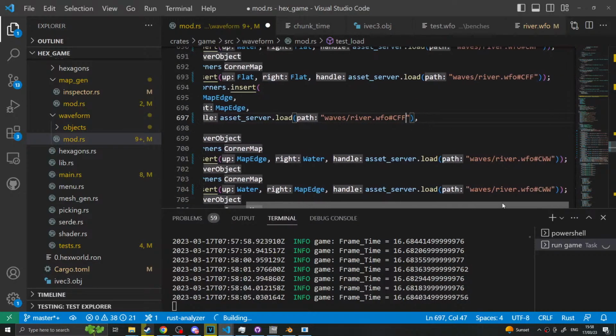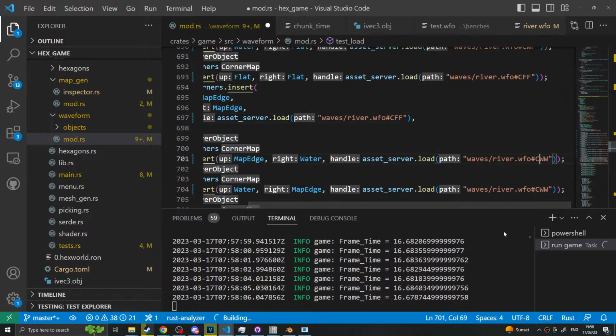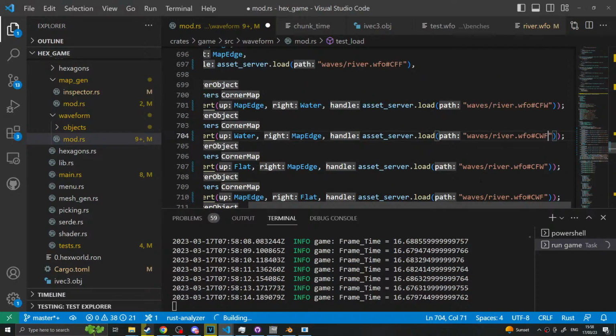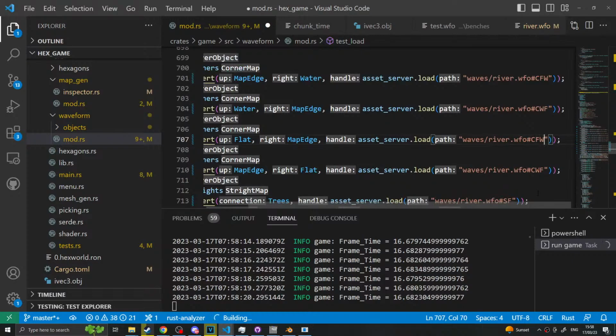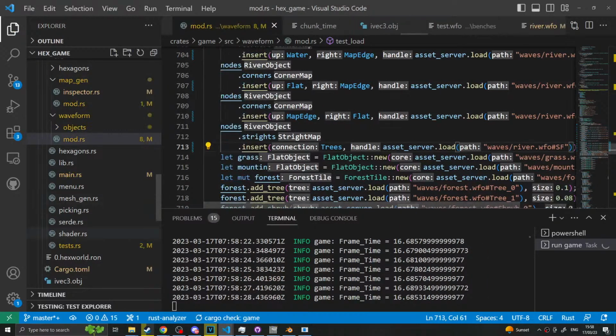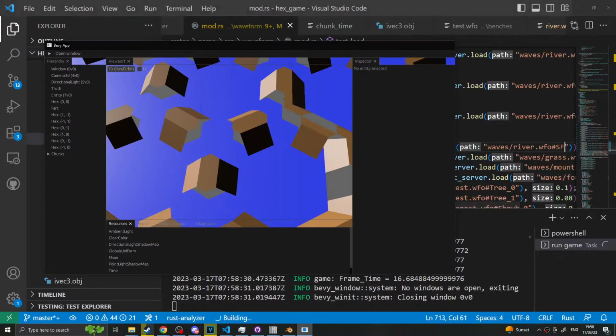Our map edge water would be FW. Our water map edge would be WF. Our flat edge map edge would be flat. Our map edge flat would be flat, and our trees would be straight flat. Okay, so in theory, when I rerun this again,